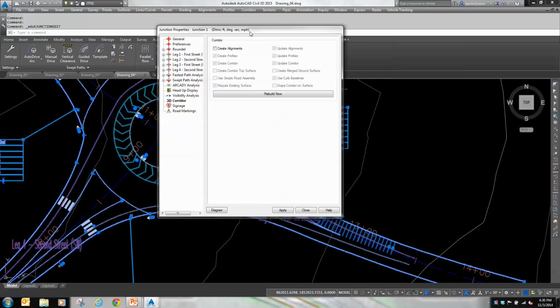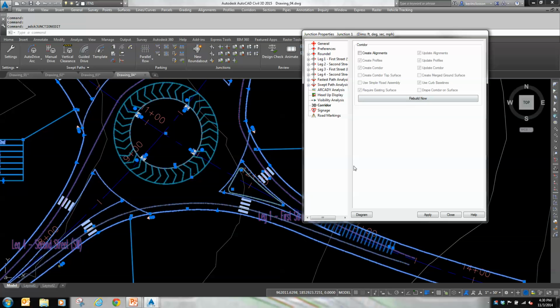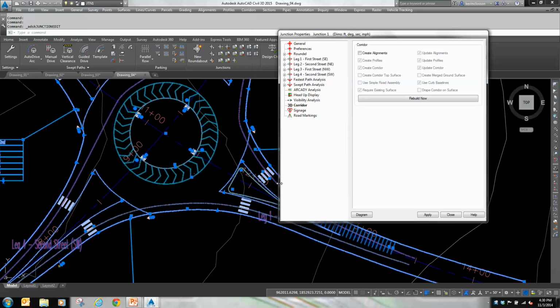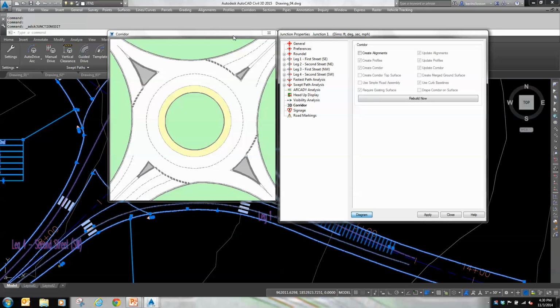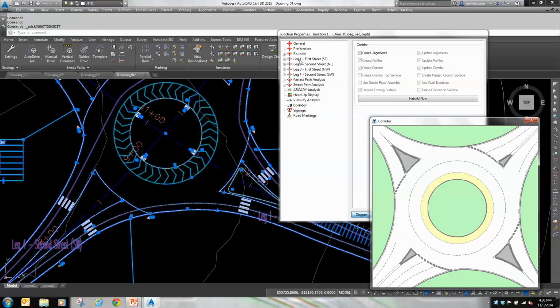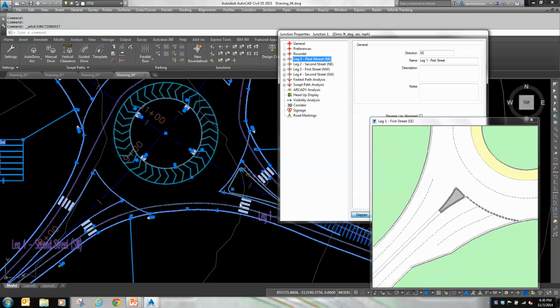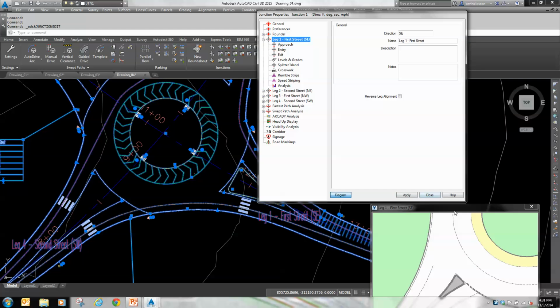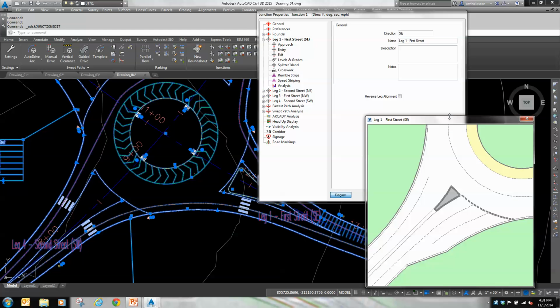and that pops this dialog box up, and it's pretty straightforward. Well, I don't know how straightforward, but you'll use it a couple times, you'll get it down. Nothing to it. I like popping up the diagram so I know where I'm working. And then you'll notice that here's that first leg, and if you remember correctly, we did this one on our first leg. So if I were to pick that, now it shows it looking out here, but that's just the first leg. And if I expand it out,